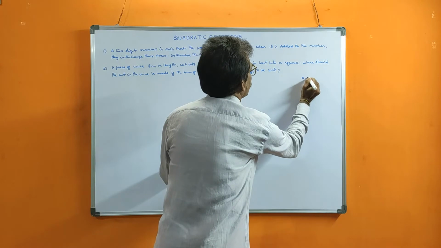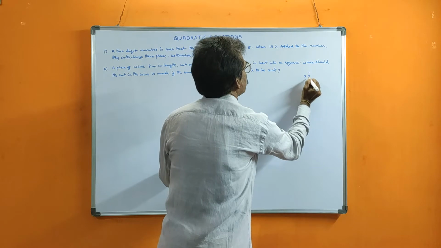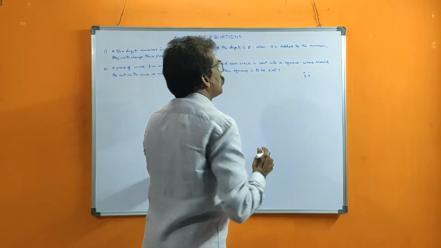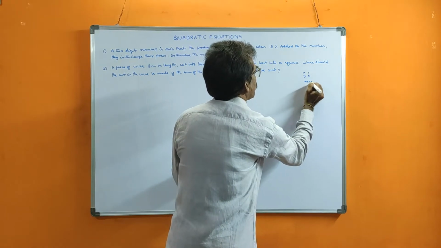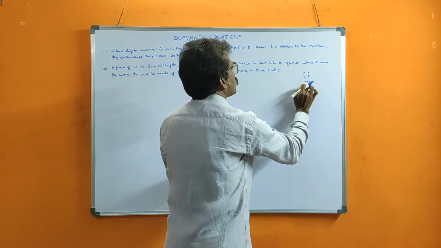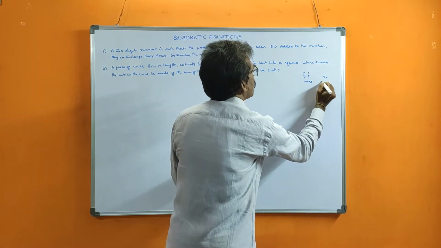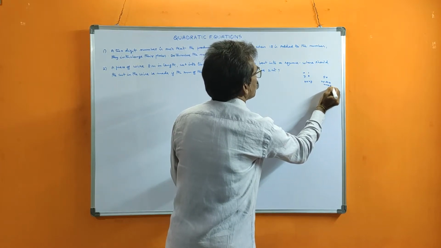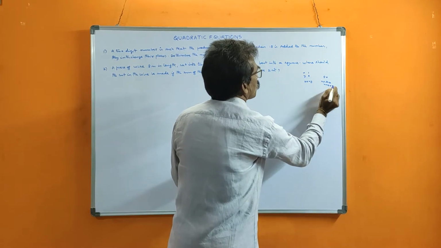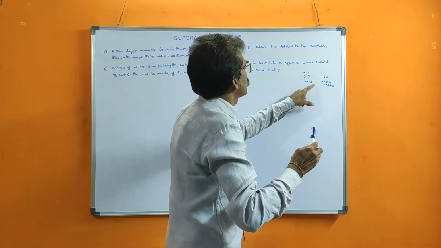So, there is one number having two digits. Suppose the digits are x and y. In the units place is x, in the tens place is y. How can you form this number? x plus 10y, because it is the units value x plus the tens place value. Suppose 54 is there. How can you write this? 4 plus 5 into 10, which is 4 plus 50. Then only this is 54. So the tens place digit we should multiply with 10. So x plus 10y will form. So remember that.